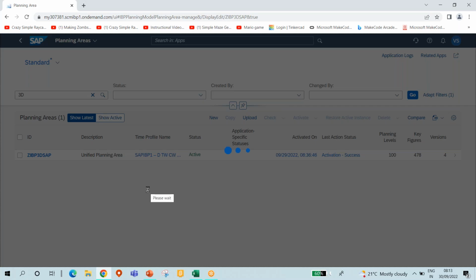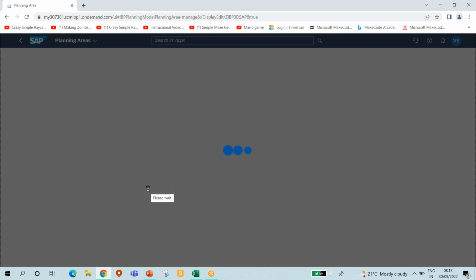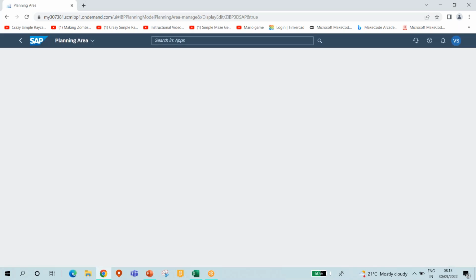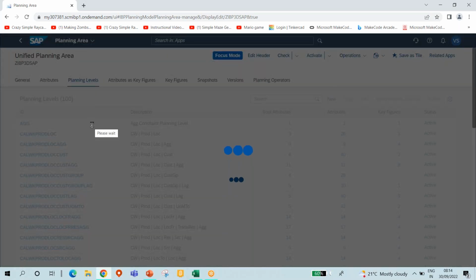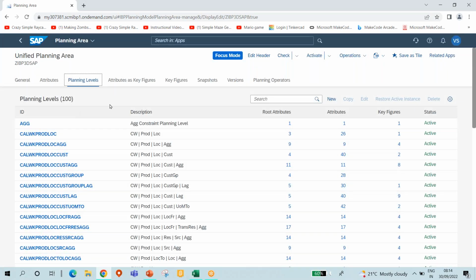Now it is in active state. So we learned that any new configuration we do, this state will become inactive and we need to activate it again. So now if we see that, here we have certain planning levels which are already available as a standard one. So let's say that if I search